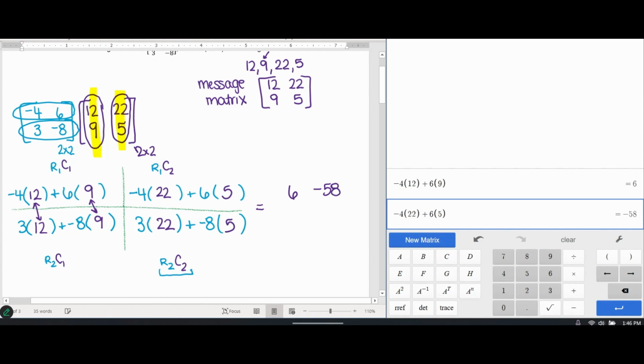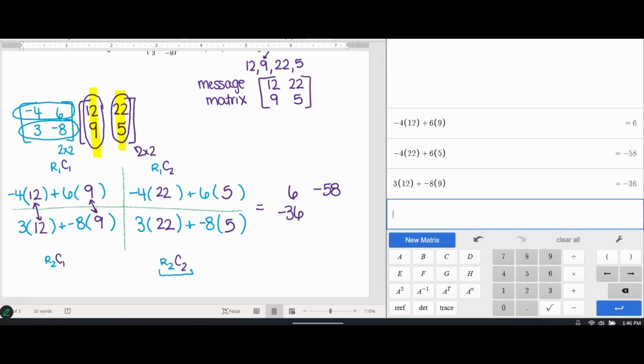I'm going across top row. Bottom row, we're going to take 3 times 12 plus negative 8 times 9, we get negative 36. And then our last one, we need 3 times 22 plus negative 8 times 5,